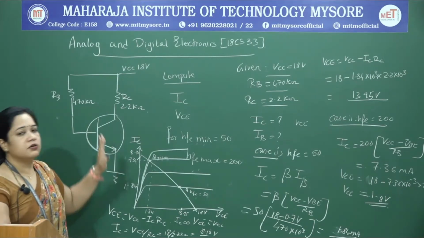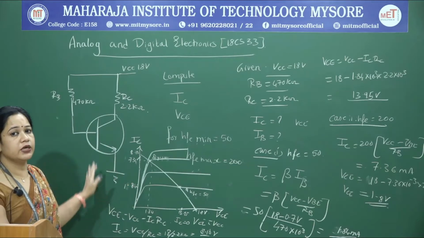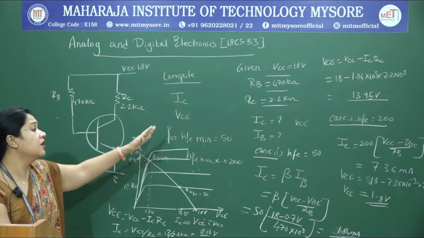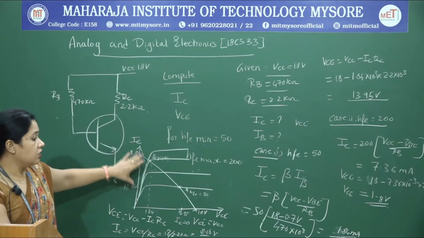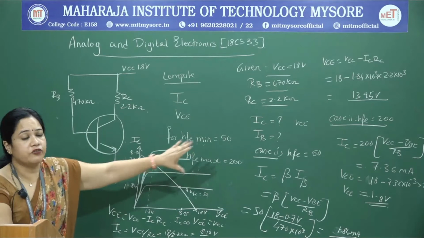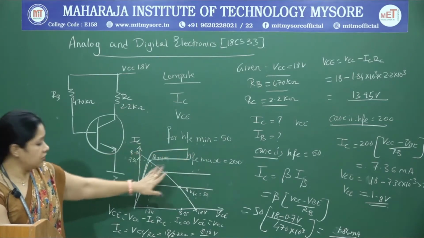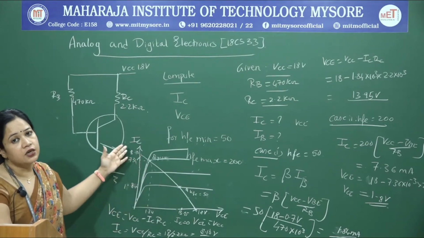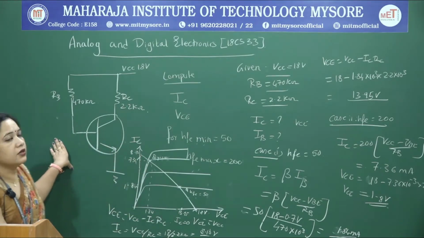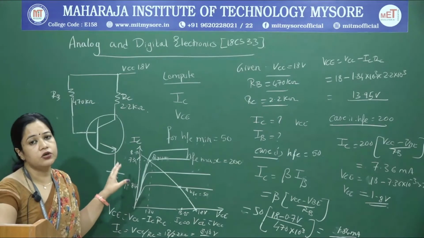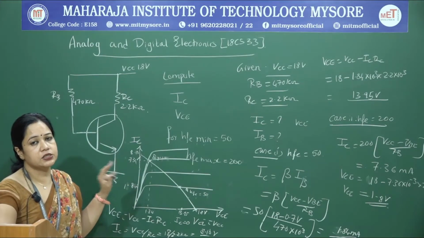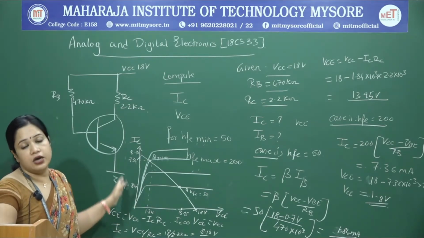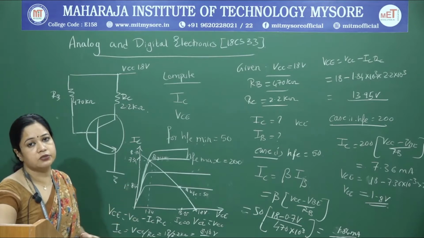This could be important. You could be asked to do analysis, or you could be given a circuit with the required data and asked to find the operating points, and here you are asked to find the operating point for two different cases of gain. You can see how the Q point shifts as you vary the gain. So with this we complete the fixed bias circuit. We have done the analysis, discussed the advantages and disadvantages, and also worked a couple of problems on the fixed bias circuit.